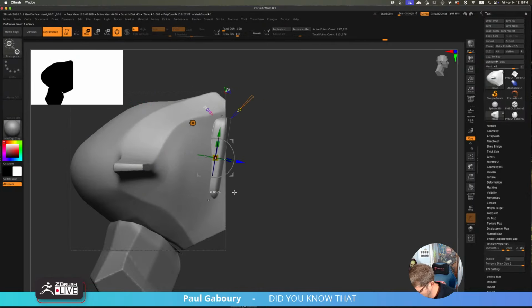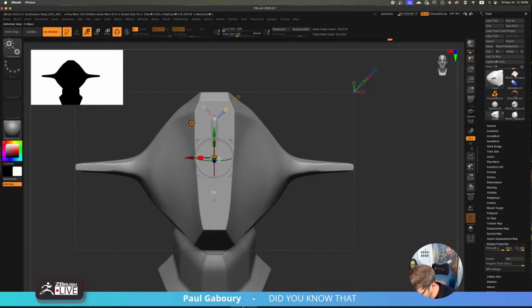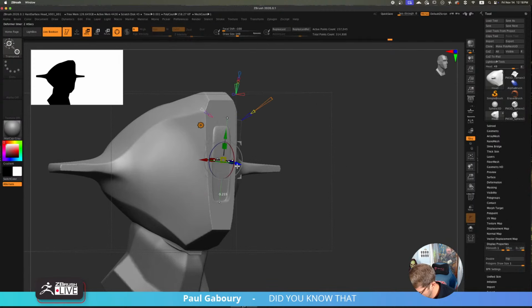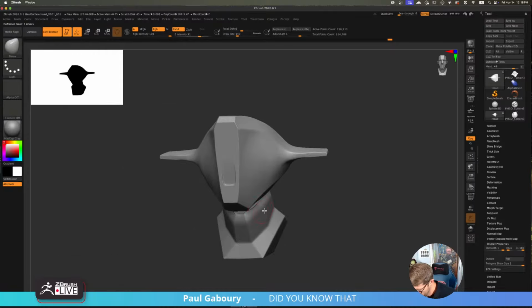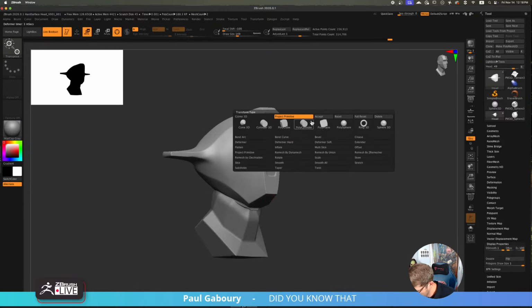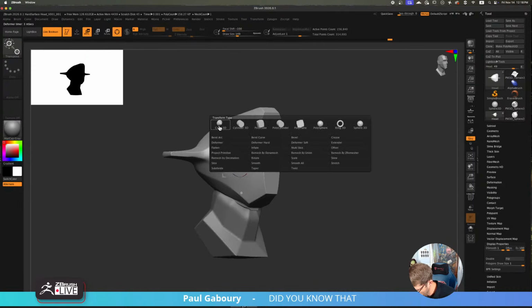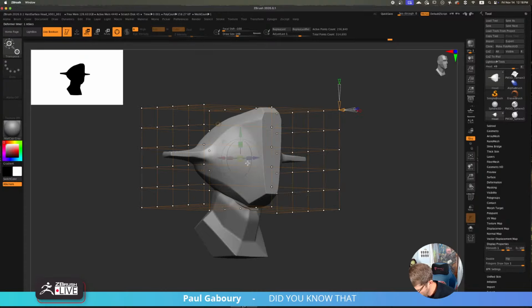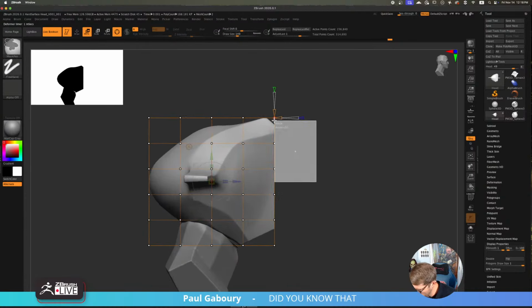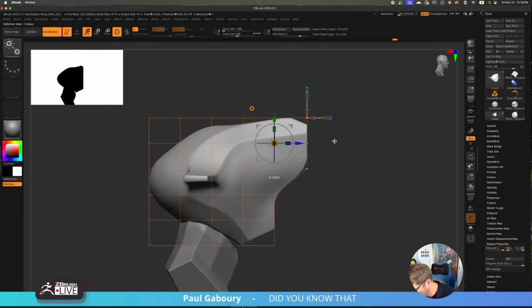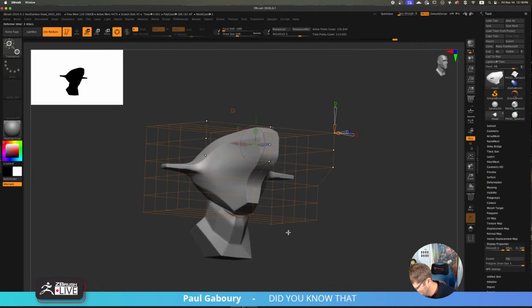I kind of liked... Let's go to a different one. Let's go with the deformer. Kind of liked when I was playing with this kind of mindset. I was feeling this a little bit more for me.